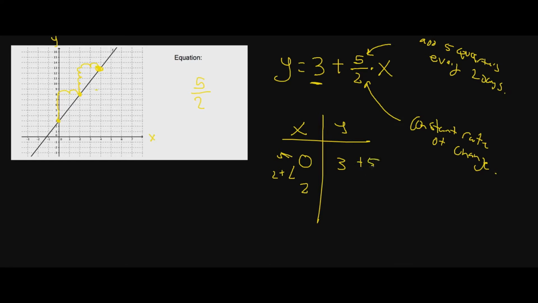What's 3 plus 5? 5, 6, 7, 8. So when x is 2, it should be 8. And you can see on the graph, here it is. When x is 2, it should be 8. What should be the next x value? Every 2 days, so it should be 4. Right? Here it is,